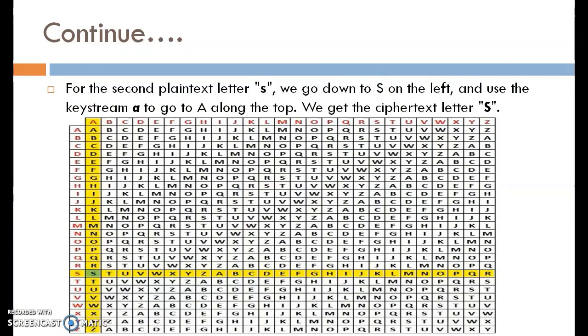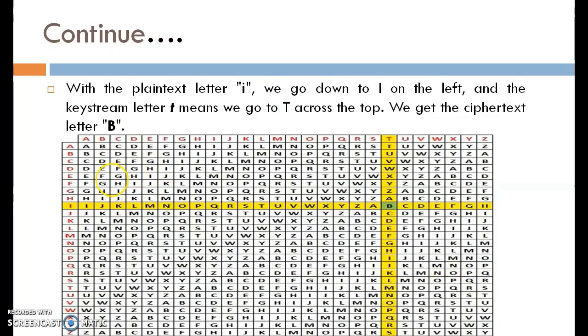Then the second plain text letter is S and key letter is A. The intersection of S and A is S, so that is the corresponding ciphertext letter.